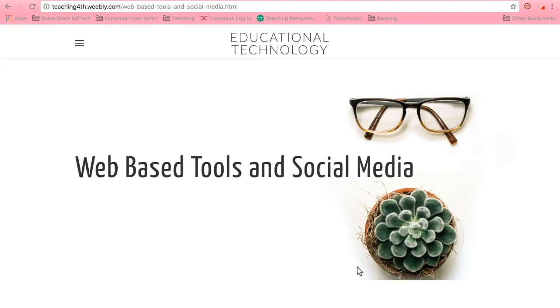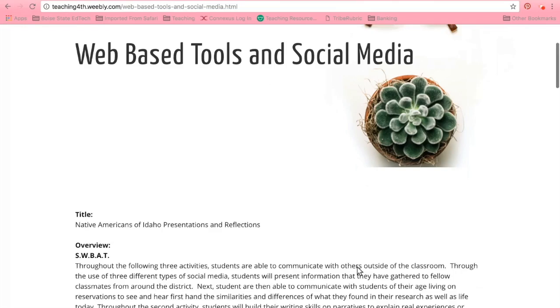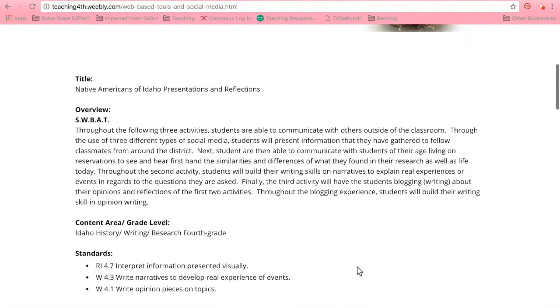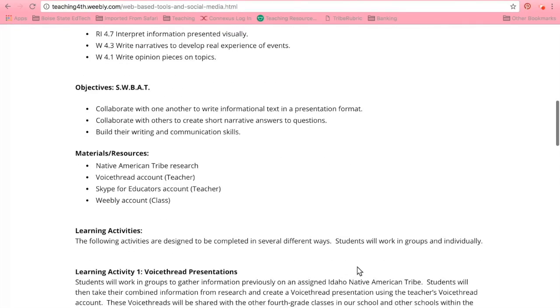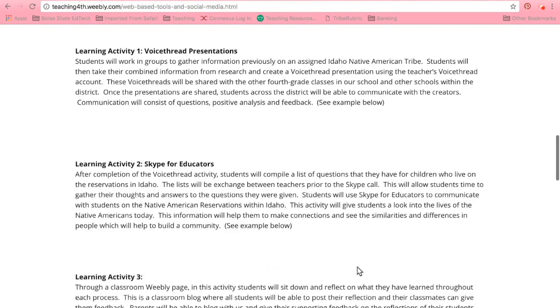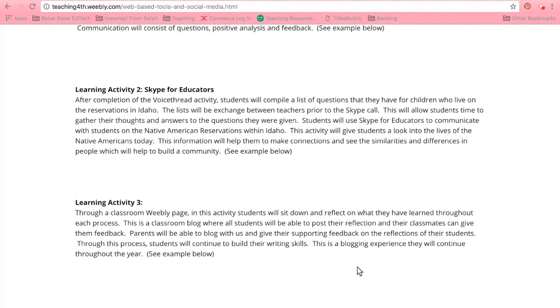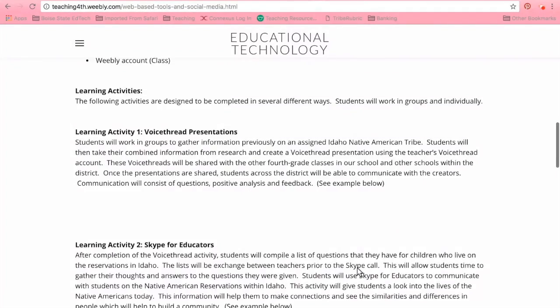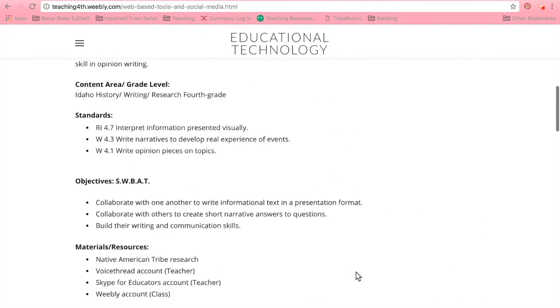AECT Standard number 3, Learning Environments. Candidates facilitate learning by creating, using, evaluating, and managing effective learning environments. For EdTech 541, I created a web-based tools and social media assignment that incorporates technology into the classroom, creating an environment for students to be able to participate in 3 different activities, all technology-based, using VoiceThread presentations, Skype for educators, and a Classroom Weebly page. This is all monitored by me, therefore I can manage the technology that's being used and how it's being used